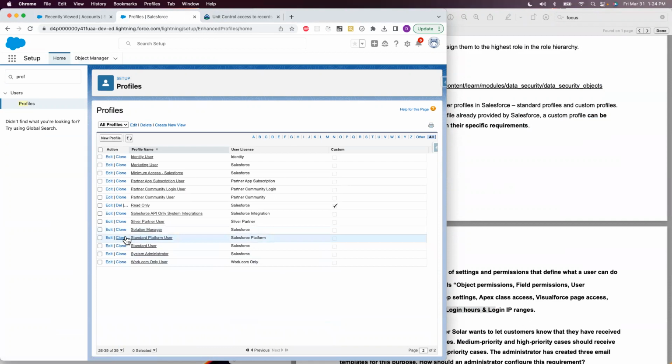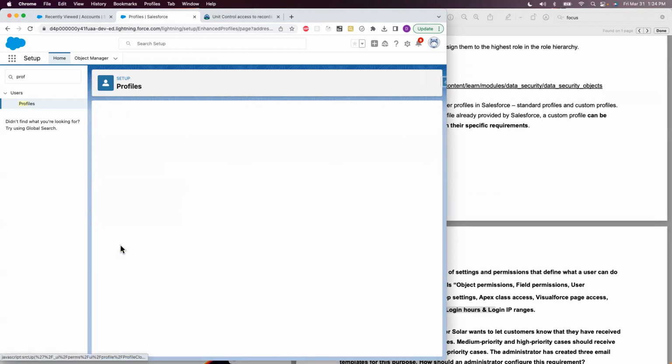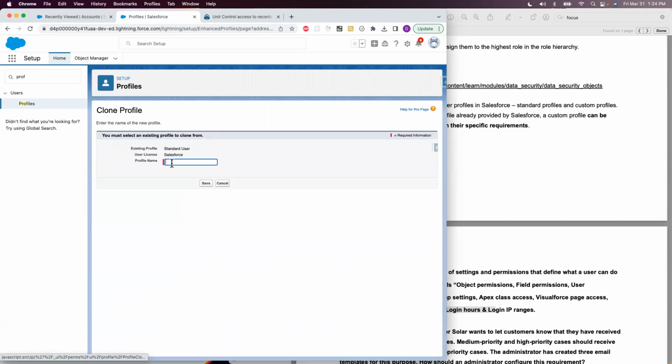I'm going to create the custom profile from this by cloning this. So let's do this, standard user. So here I'm naming it analytic user no deletions,